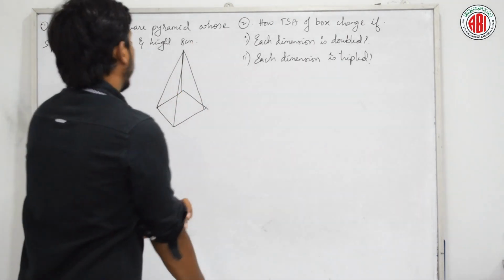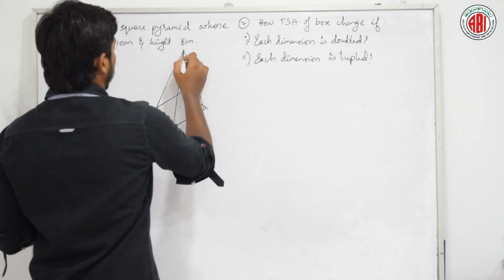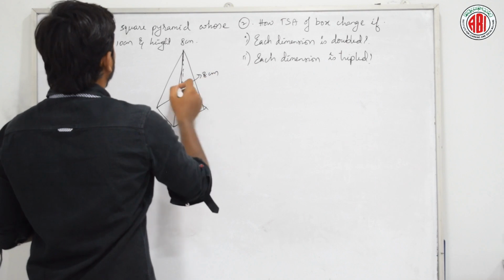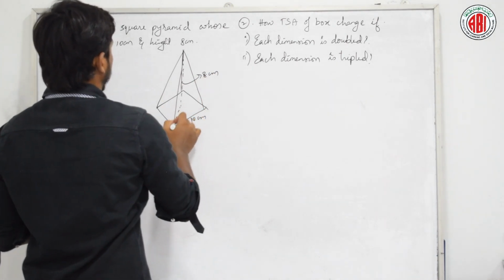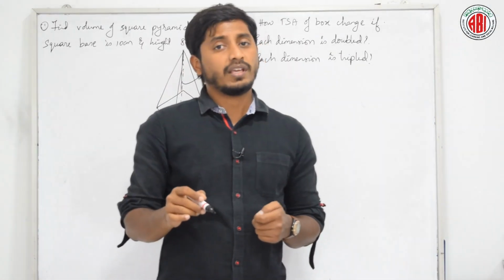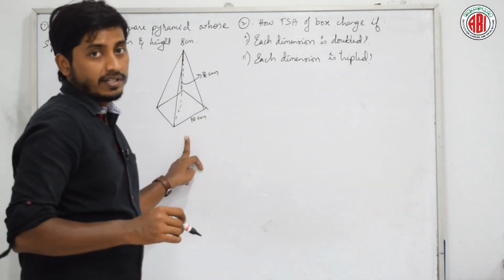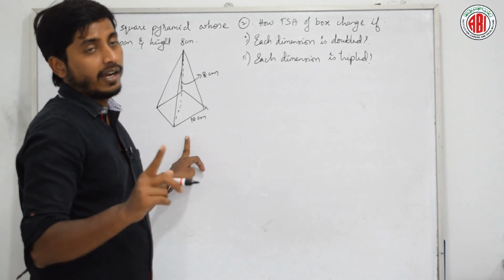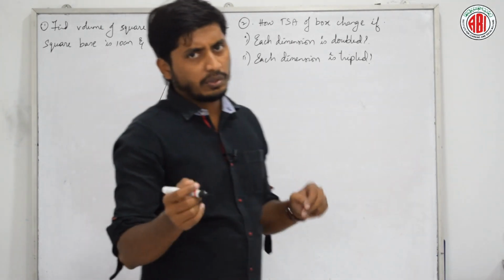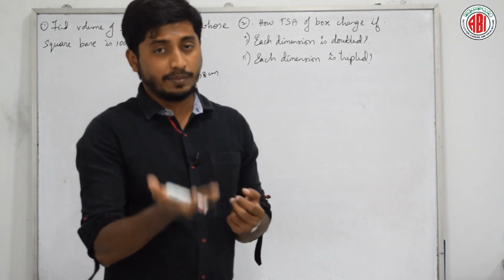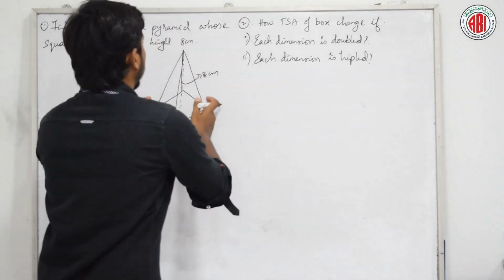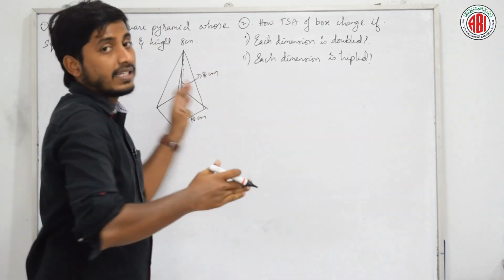Here he is telling the height is 8 centimeter and the base is 10 centimeter. Then how do we find it? Tell me, can you understand? First of all, whenever we find the volume of a cuboid, how do we find it? L into B into H. That is, L into B is the base area and H is height. Here also if we do the same thing, we will get a value which is three times this.